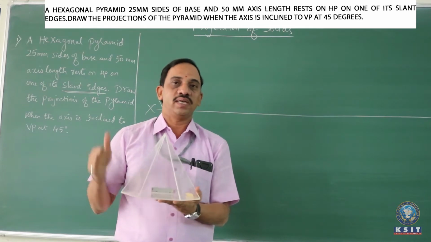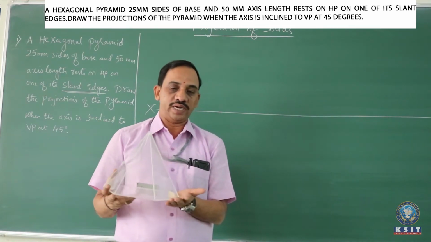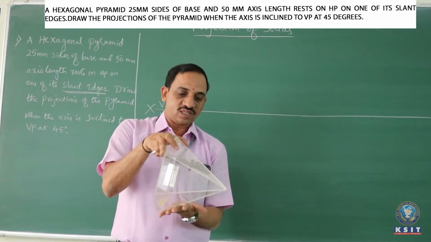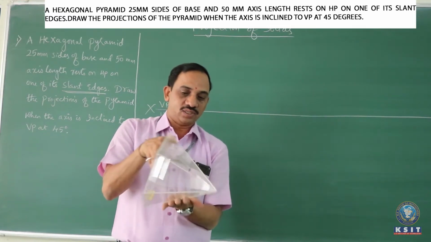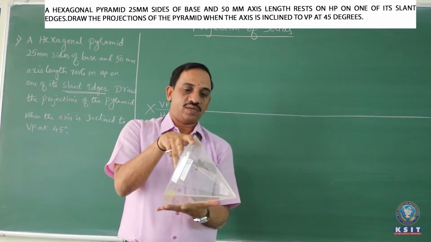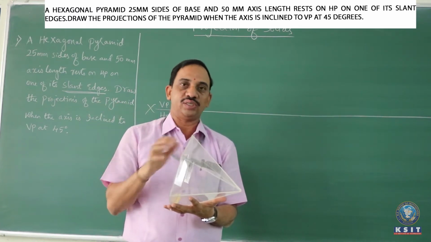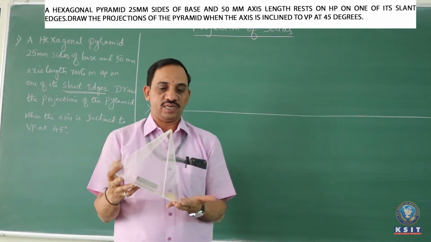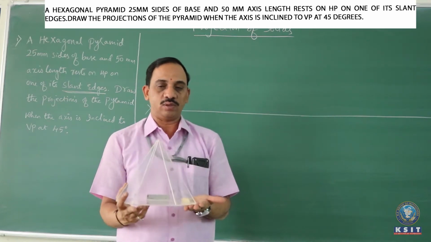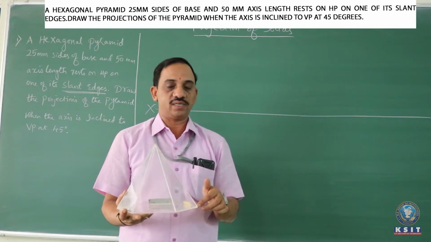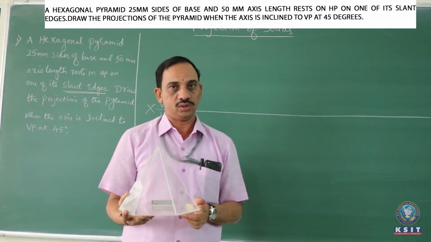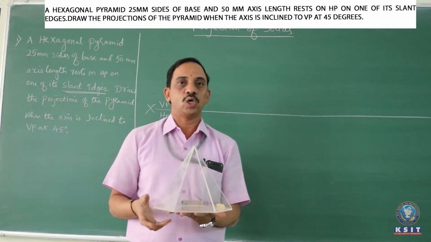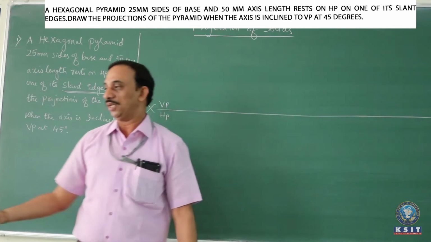Suppose, as per this question, you want to have this entire pyramid rest with one of its slant edges on HP like this, so that it satisfies the condition in the question. Tilt back so that you get the first condition like this. When you tilt back to get to the first position, you can observe right now it has to be placed with respect to the corner condition. So start mounting for the first position with respect to the corner for this hexagonal pyramid.